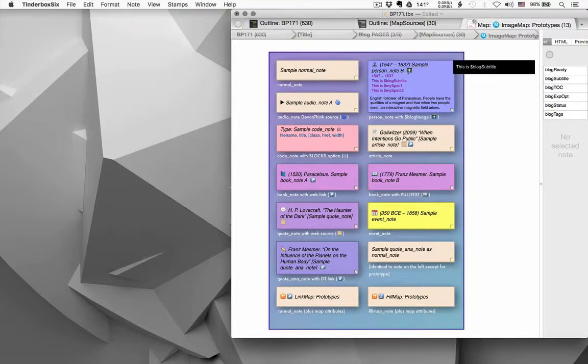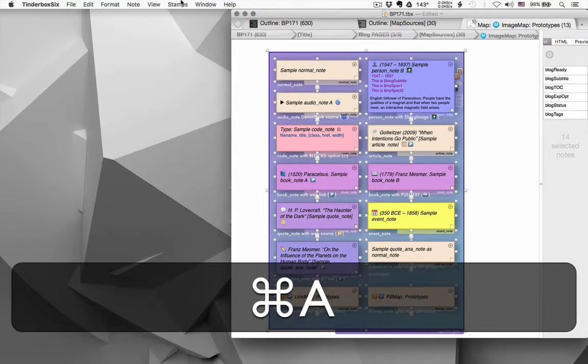Remember, bips are helpful icons that are added to the end of your display expression to let you know something about the node. This means that there's a featured image for the node. This means that there's a link to a DevonThink source text. This one means that there's a link to an online source text. And here's a related online link. The downward arrow is a related DevonThink link. And this lets you know that it's going to export in the blocks format as rubrics instead of as a seamless style. Well, that's helpful for working, but it doesn't look good on the map, so let's get rid of